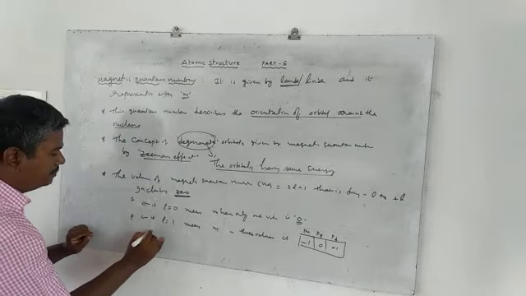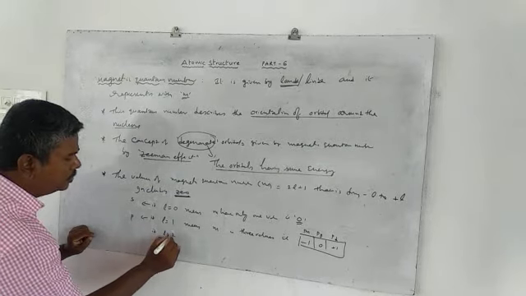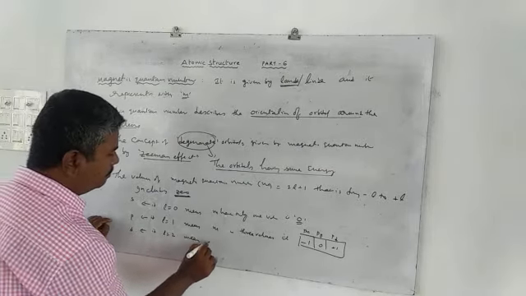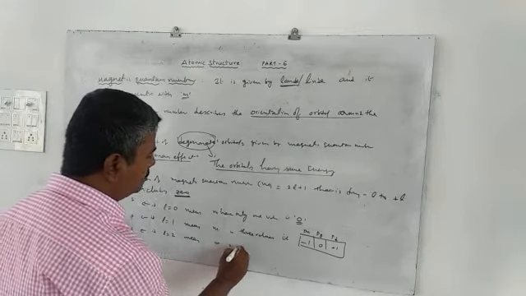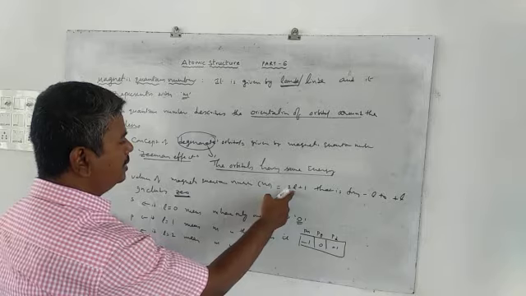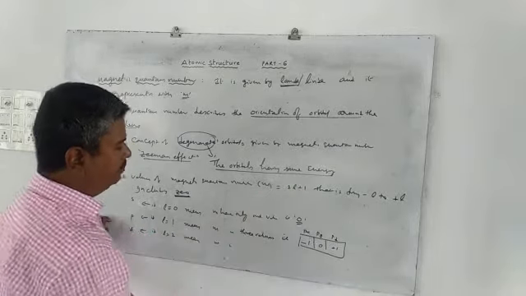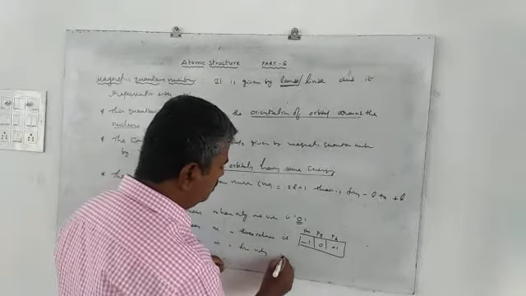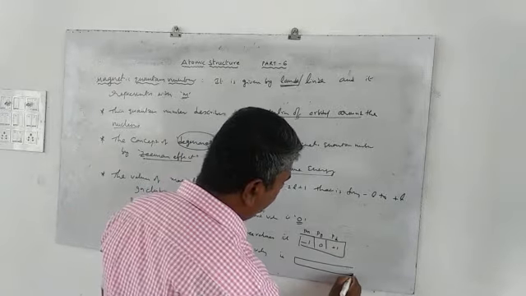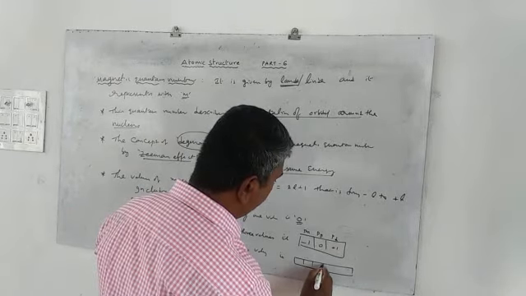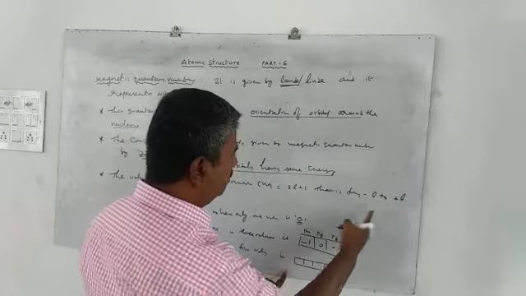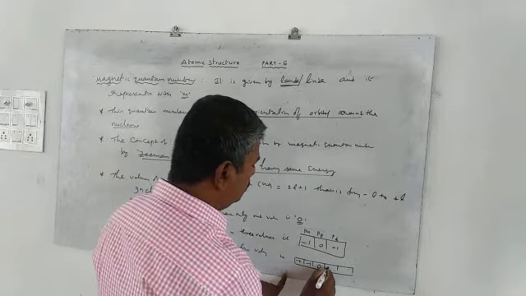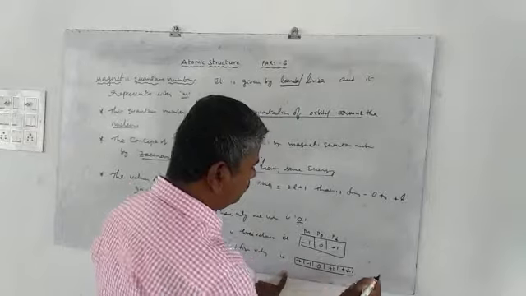Same as if L equal to 2, that means which orbital? D orbital. Means m has how many values? Substitute L equal to 2 here, what happened? 2 twos are 4. 4 plus 1, 5. That means 5 values. That is the d orbital consisting of 5 degenerate orbitals. From minus L to plus L. That means minus 2, minus 1, 0, plus 1, plus 2.